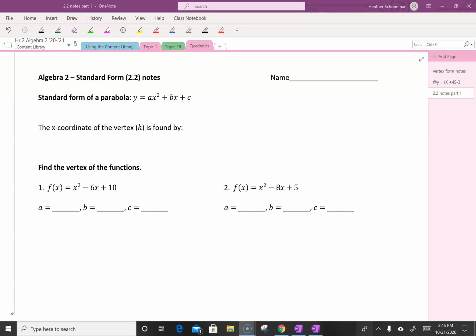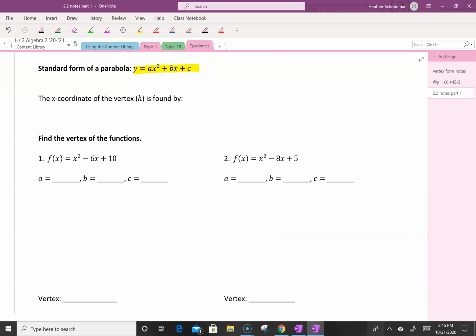All right, these notes are for a standard form of a parabola, and the equation looks like this. Okay? So you have y equals ax squared plus bx plus c. When we are doing these problems, we can always find the vertex, but it's not as straightforward as it